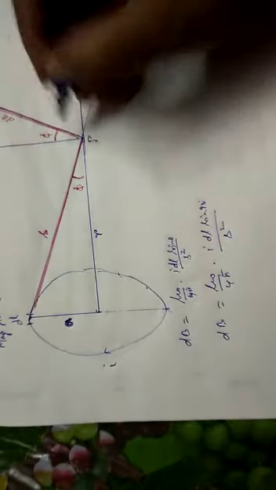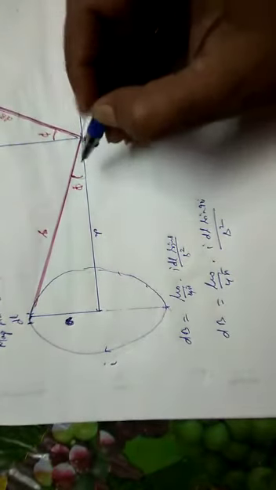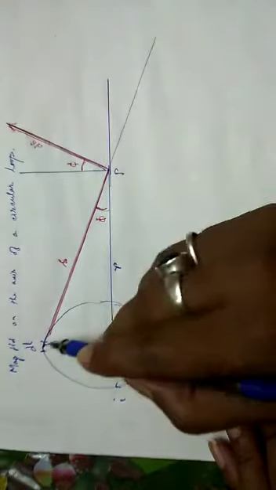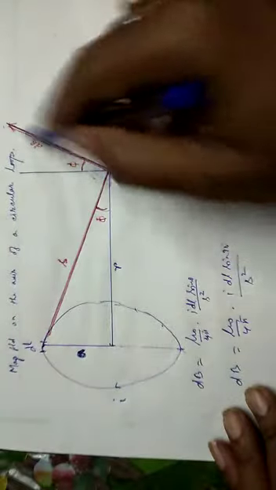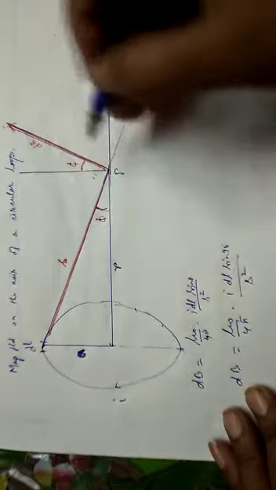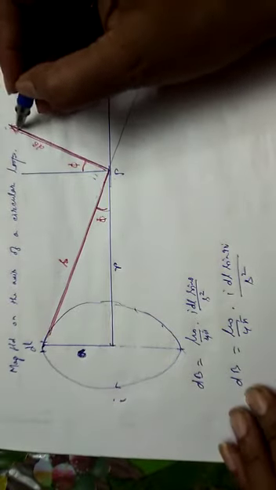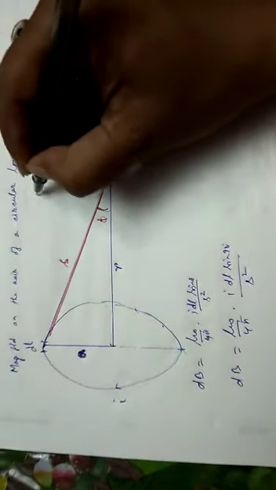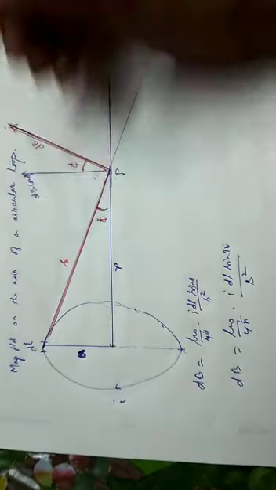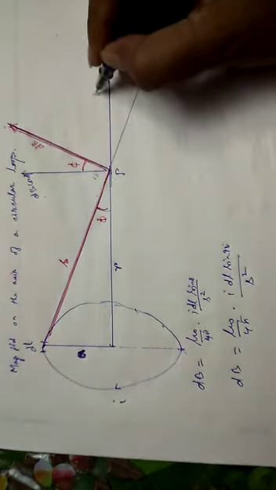Now this dB has two components. If this angle is phi, you can see that the red line is making an angle of 90 degrees with dB. So this displacement vector and magnetic field are always perpendicular to each other. So if this is the direction of dB, it will have two components. One is dB cos phi, and this one is dB sin phi.